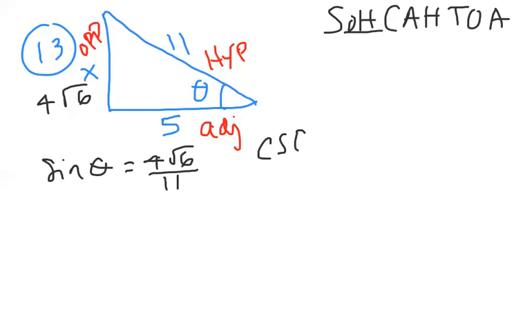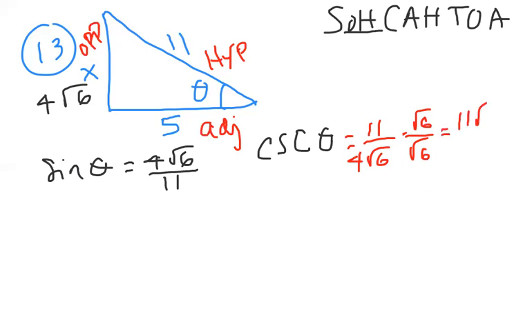Cosecant of theta, okay, now this is where you have to do some work. It's going to be the inverse of sine, so 11 over 4 radical 6. So you'd multiply both the numerator and denominator by radical 6. So you get 11 radical 6 over, now guys, be careful, right here, this is going to give you 6 because radical 6 multiplied by itself is just 6. 4 times 6 gives you 24. And we can use that again later on, guys. Next,